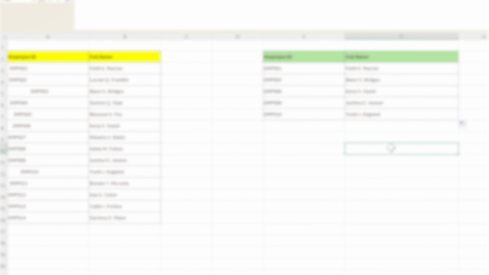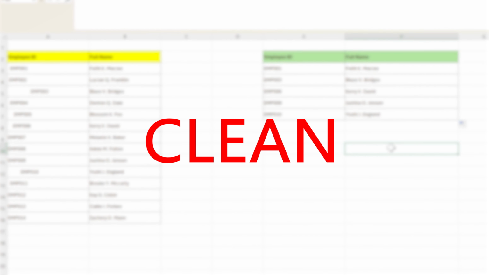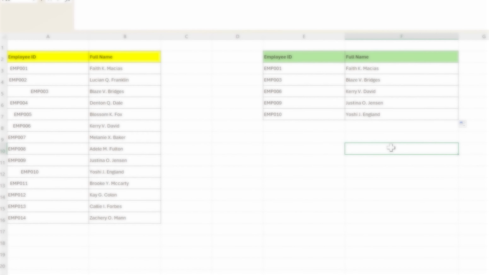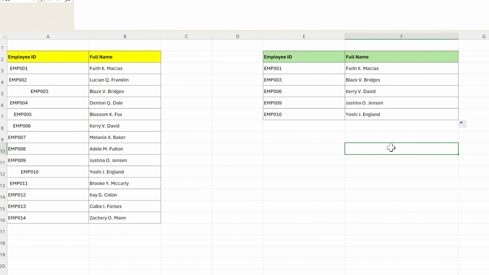So let's break it down. Clean removes non-printable characters, trim gets rid of the extra spaces, and match finds the row number for our index function to retrieve the accurate value. And there you have it. In just 1 minute, you have learned how to clean your data and perform the precise lookup using the clean,